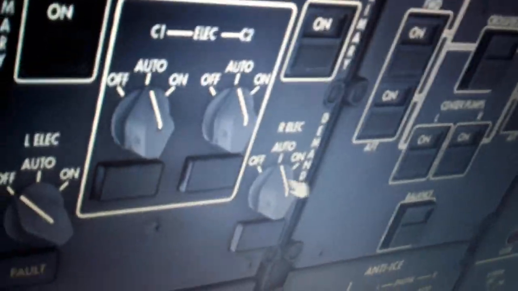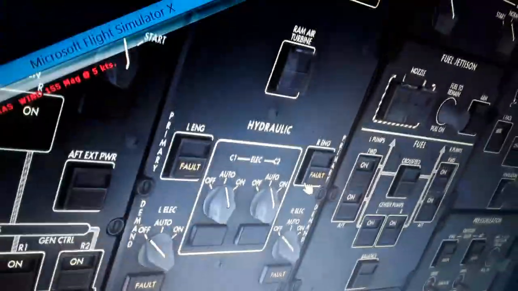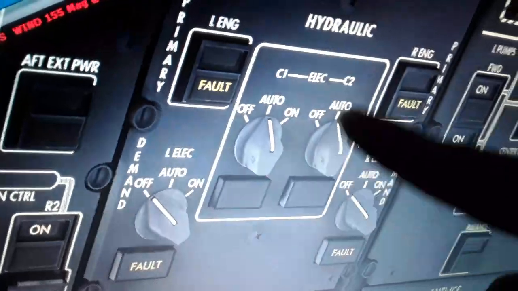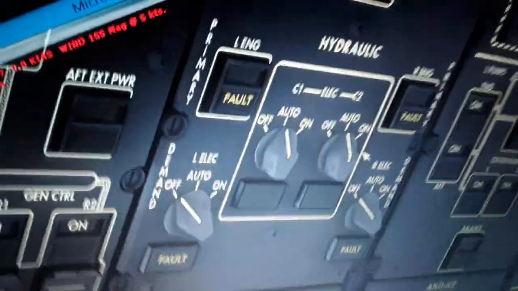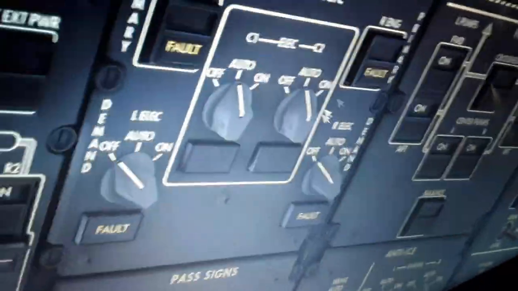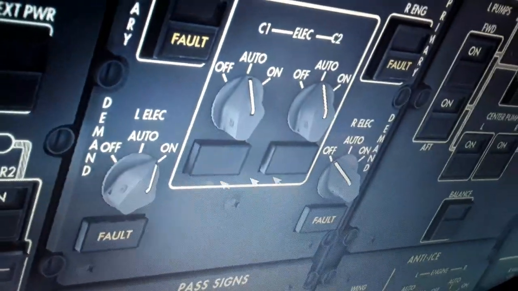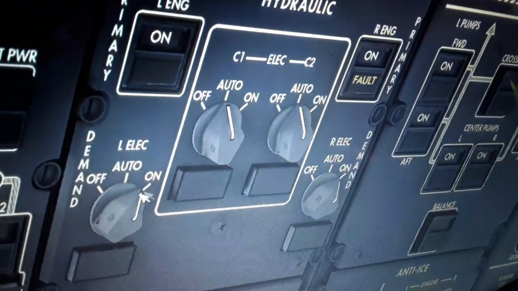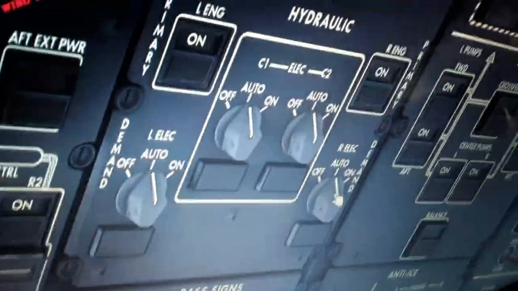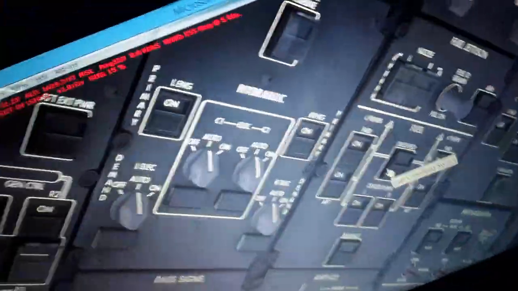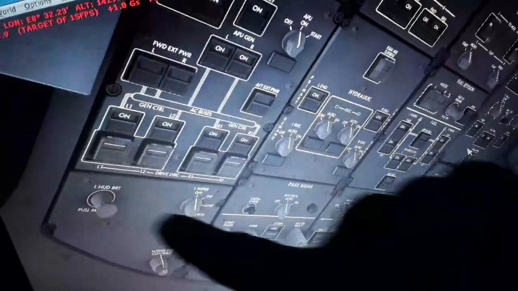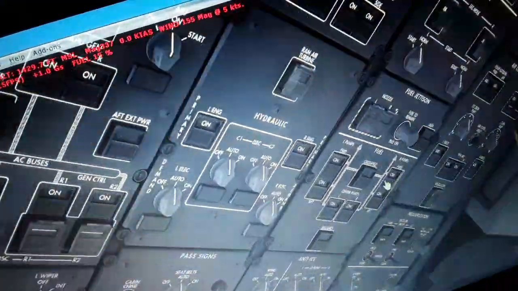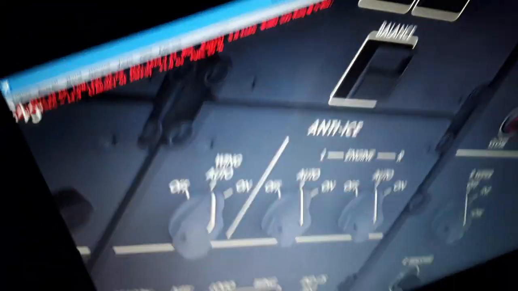We can turn off the primary and the demand of the left and right engine driving. We have the electric C1 and C2 also. So if you look up here, we can turn on again like this, the primary, the demand and the primary. So we have hydraulic fluid pressure. We have also the lighting system and the windshield wipers down here. We have the wing and exit guys here